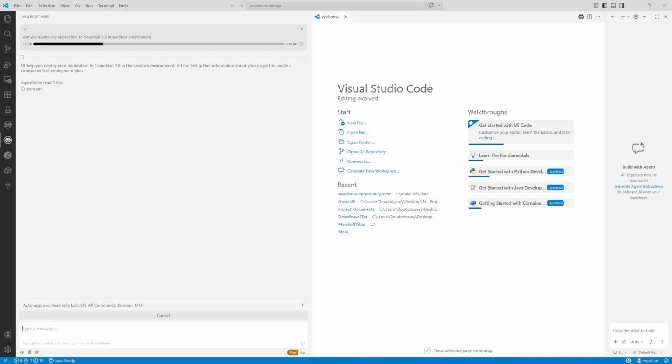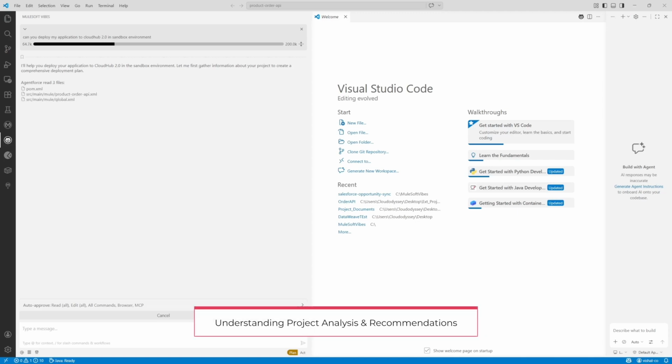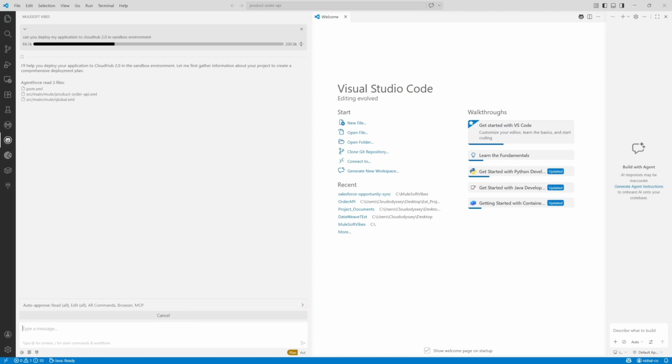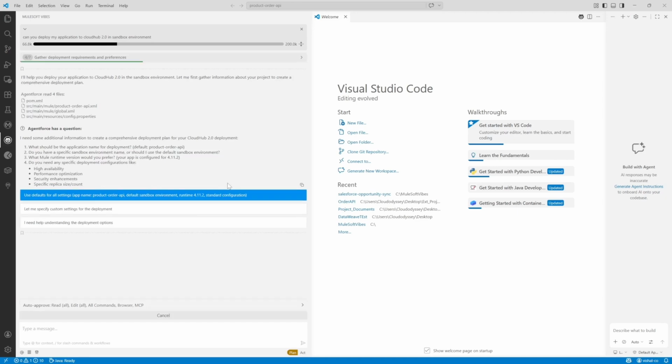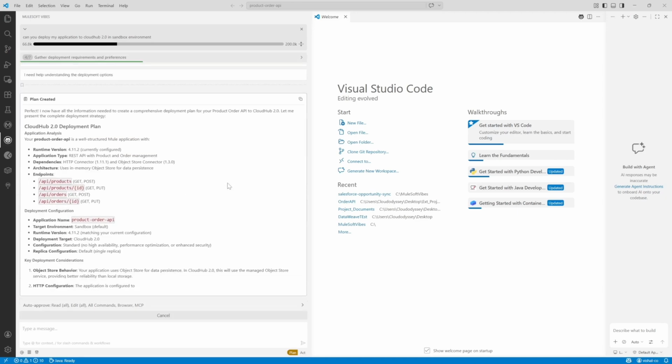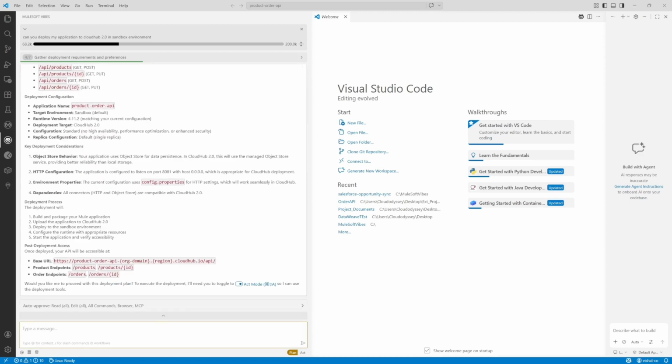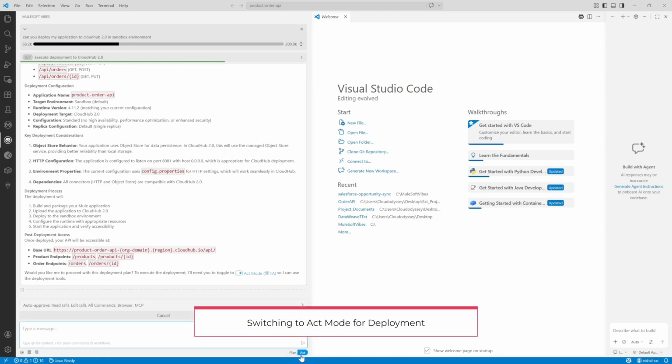In plan mode, MuleSoft Vibes performs a complete analysis of the project. It reads all the project files, including the pom.xml, artifact.json, and other configurations to understand the application structure. Based on this, it suggests recommendations such as selecting the latest runtime or using standard configurations. It essentially builds a deployment plan for you. Once the planning is completed, you can review everything, and if everything looks good, you can proceed by switching to